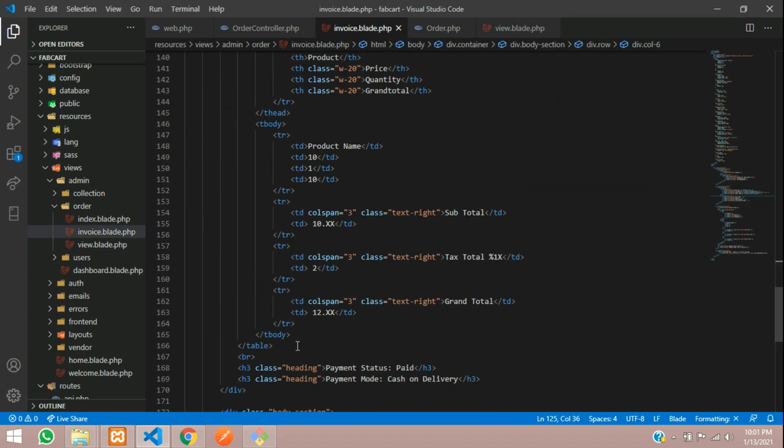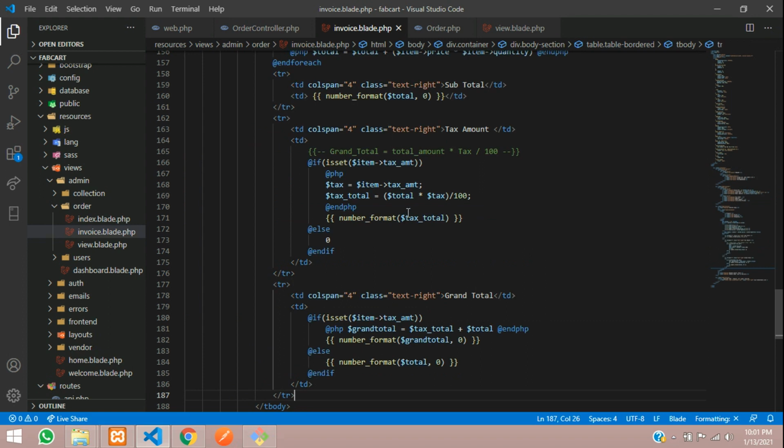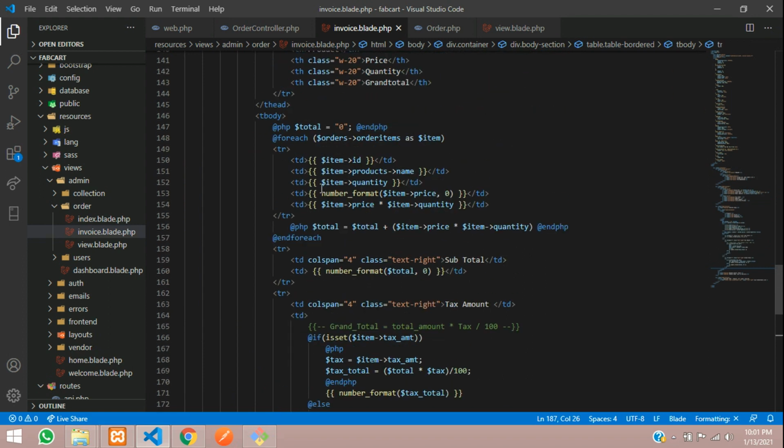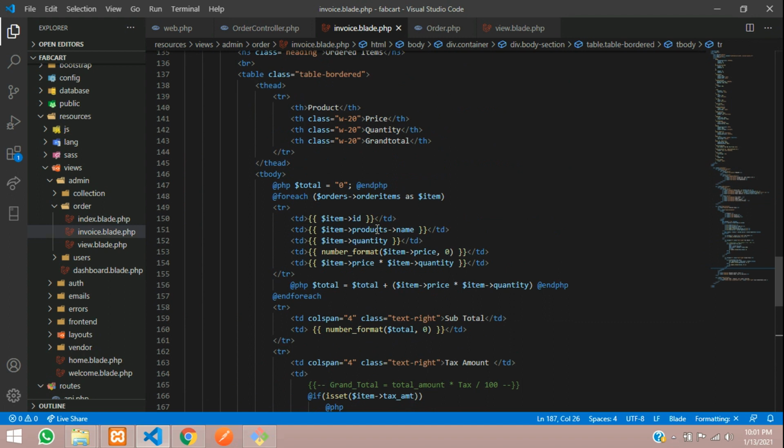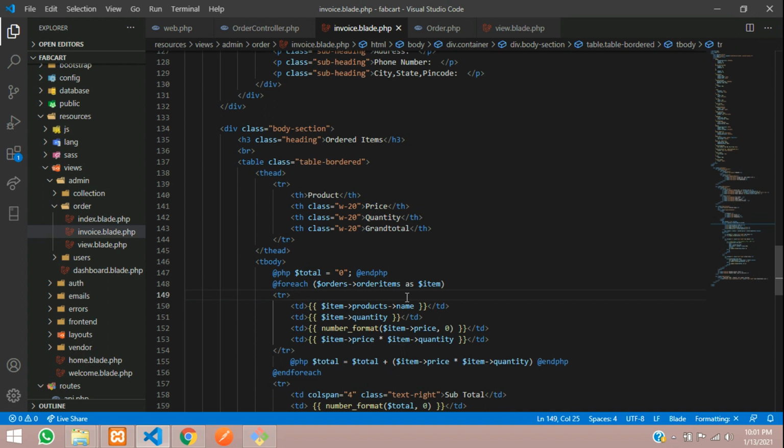Done. So I have already coded it so that it should accept those things. So let me just replace with this table design, and that's it. TR. Okay, everything is looking fine. And now guys, we have to check that the extra things should not be there. So ID is not required, so you can remove that.